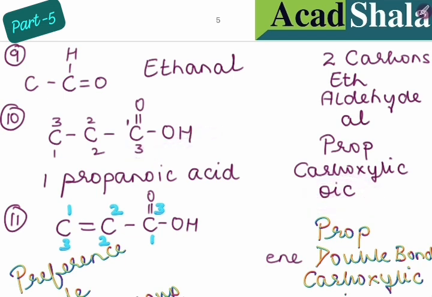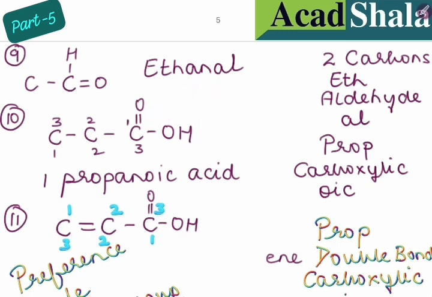I've done it. Now, to know on which carbon atom this functional group is attached, again I will do the numbering game. The numbering should always be given from the terminals of the carbon chain, either from right or from left. So I have given the numbering 1, 2, 3. I see that I've given the first numbering over here. Fine. Now, I will check the numbering from this side also. So I've given the numbering 1, 2, 3. I am seeing that this carbon is having 2 numberings, that is 1 and 3. So out of 1 and 3, which is the lowest numbering? 1. So I will take the numbering from here till here. So this is my correct numbering.